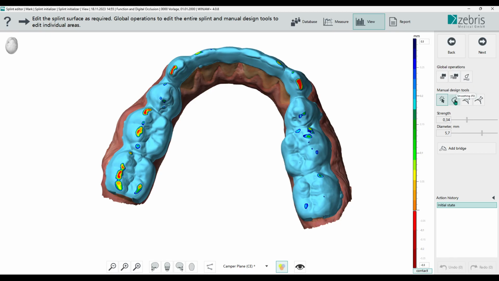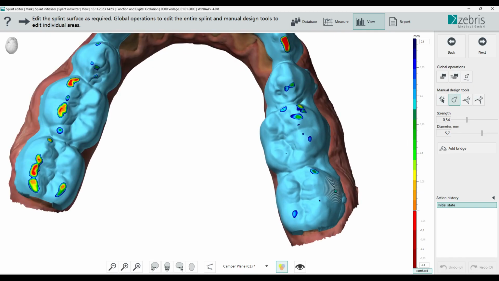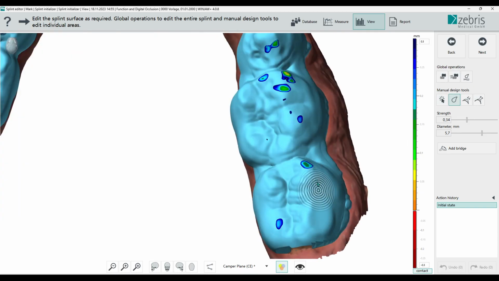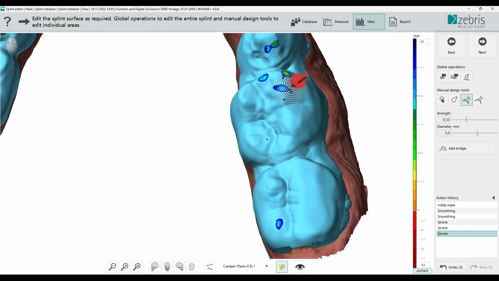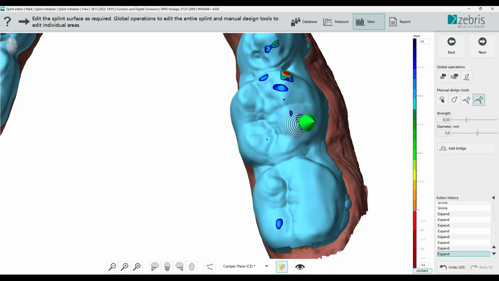We have the possibility to smooth parts of our splint. The strength and the diameter of this tool we can adjust with the sliders under the tool. We have the possibility to reduce some contact points if we want, and of course we can also add some contact points.